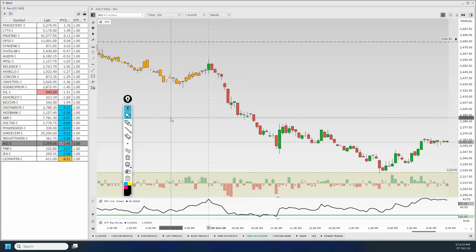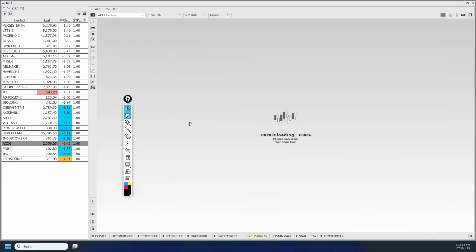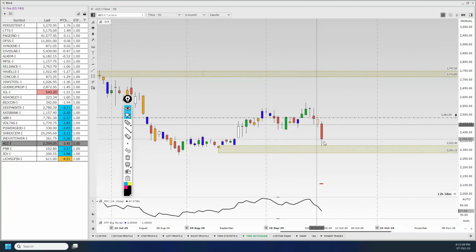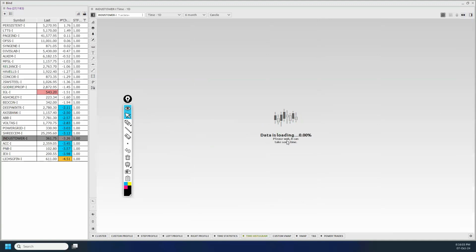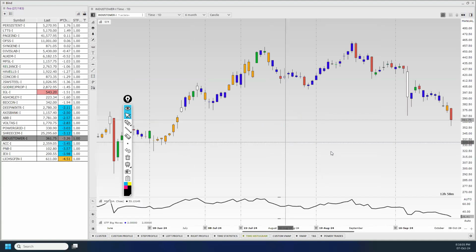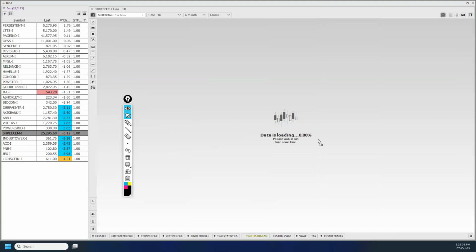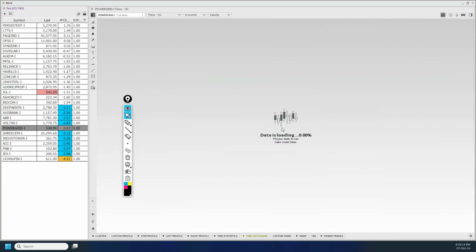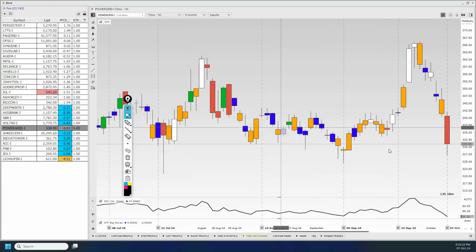Let's see here. I'll go to daily. As this is a continuation trade onto the downside, I will not do anything. I'll go to Indus Tower. Continuation trade. Shree Cement. Continuation trade. Power trade. Continuation trade.